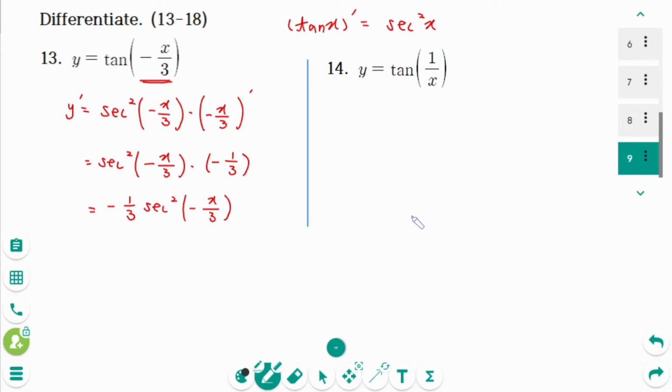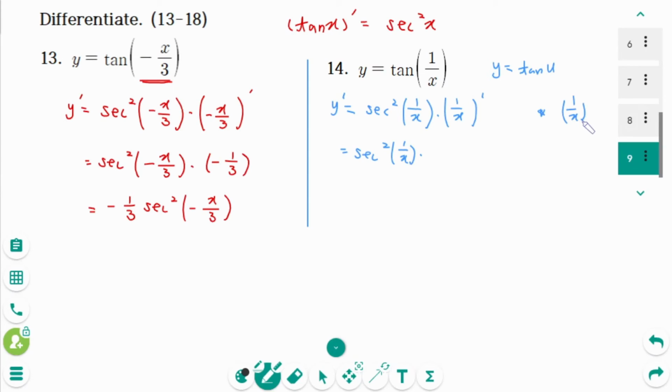Number 14, think of it as y equals tangent u, y prime equals secant squared u times u prime. The inner function is 1 over x. Then secant squared 1 over x times